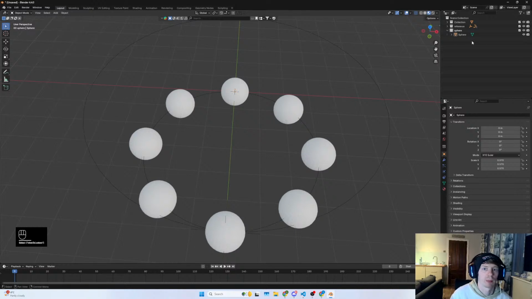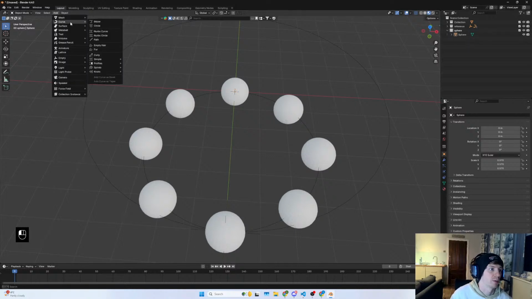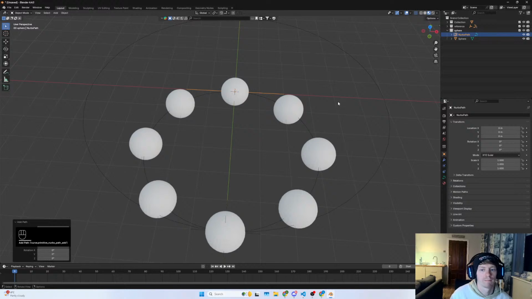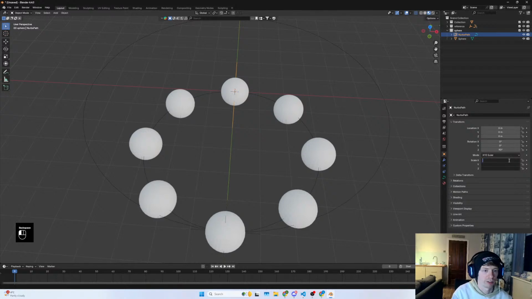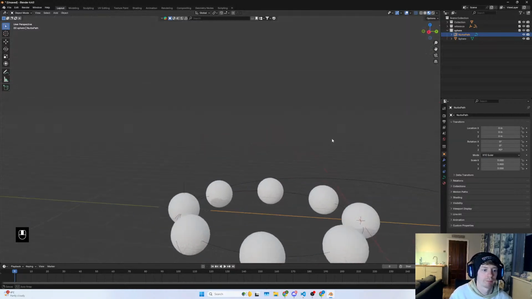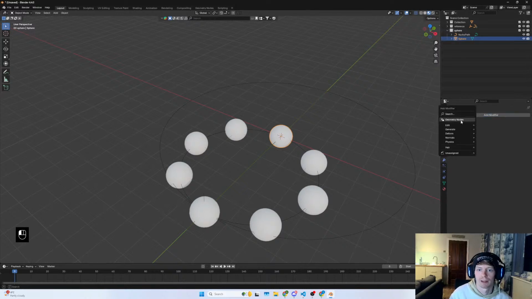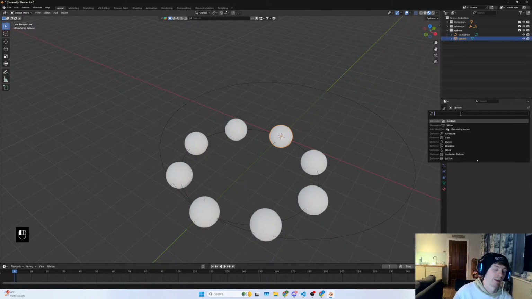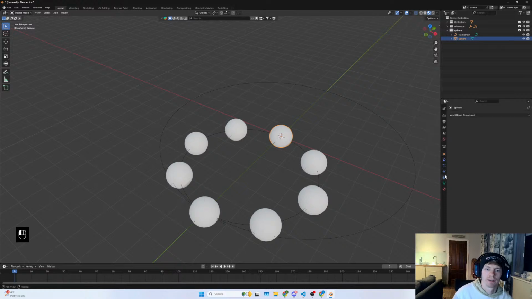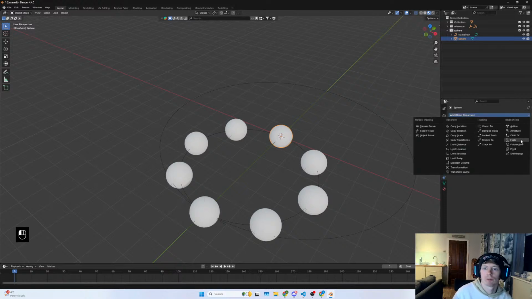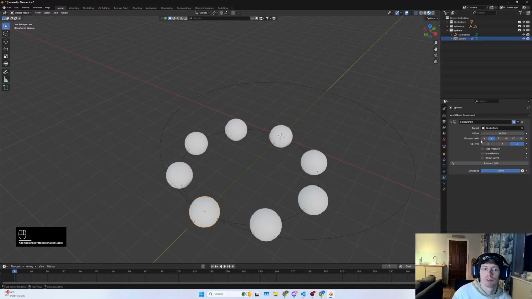Just come in here, and in the sphere thing, add a NURBS path. And let's just rotate this around Z by 90. And then let's make this 12. No, 6, I think. 3? 3. Yeah. Okay, now grab the sphere, add a constraint, follow path, NURBS path,